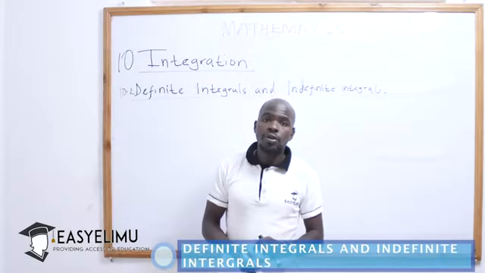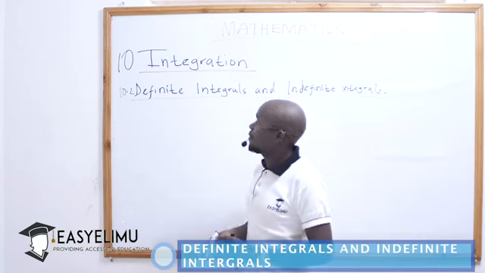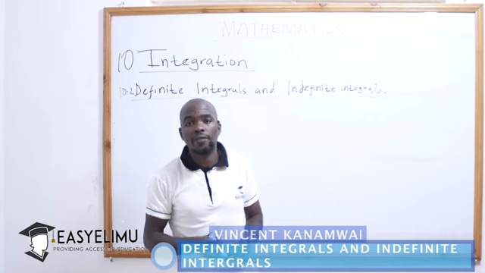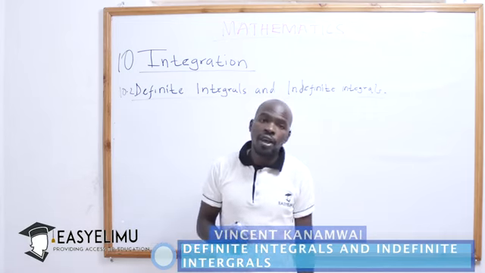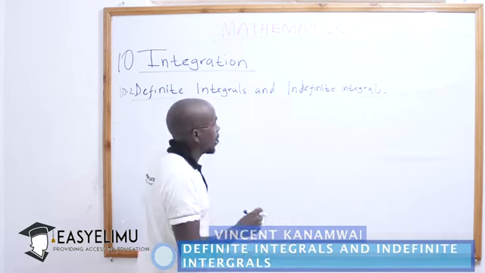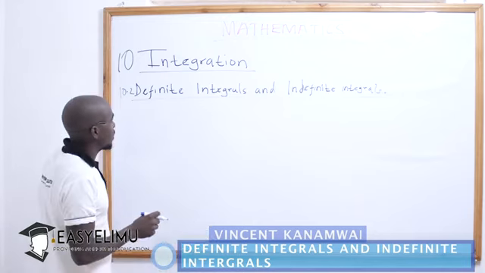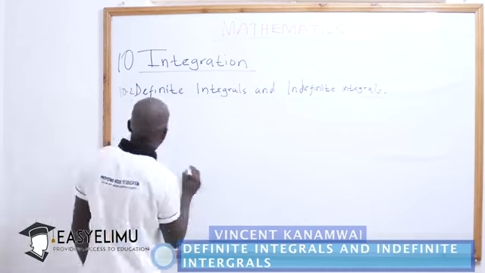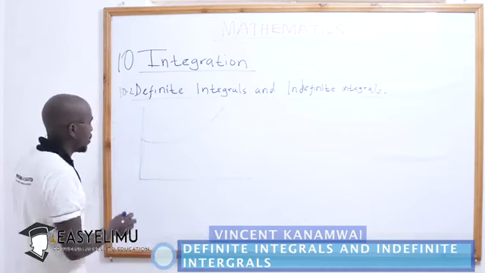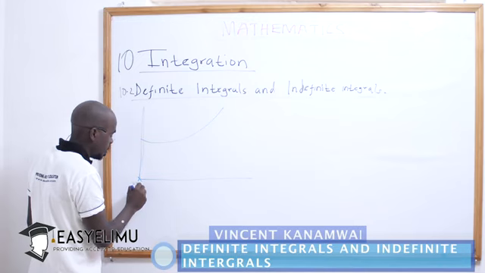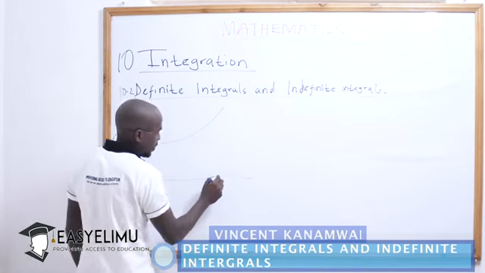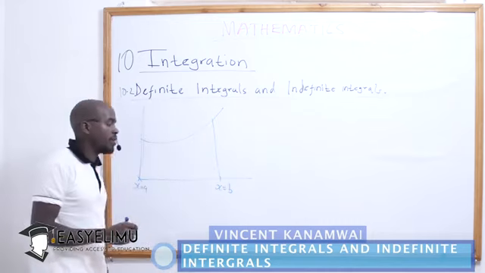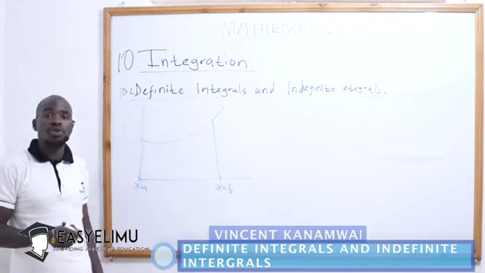Welcome back. We are going to learn about definite and indefinite integral. And in this section, we are going to see how we can find the exact area of given curves under a given condition. For example, if we have a curve of the form, we saw that if we have been told this is x equals a, and this is x equals b, if we have been told to find the area between x equals a and x equals b,